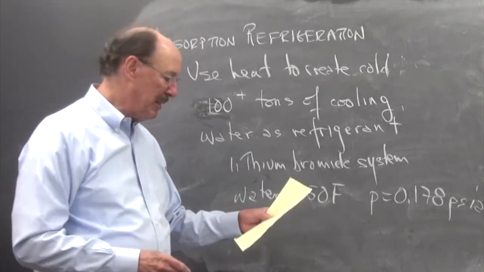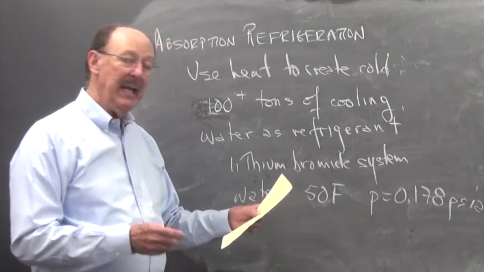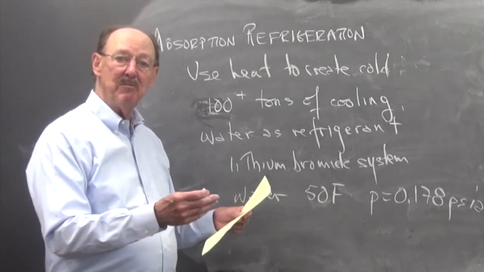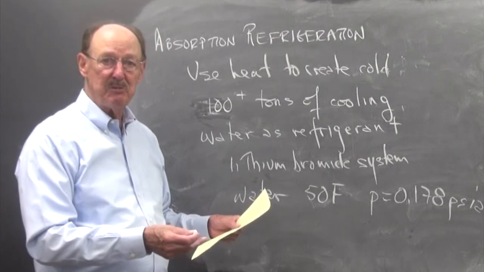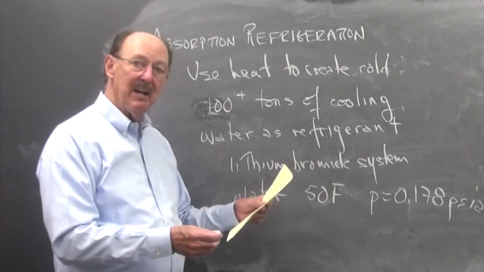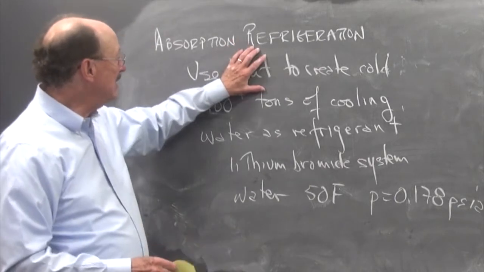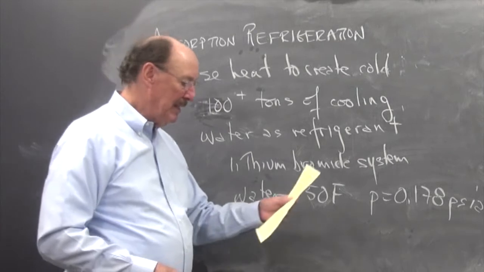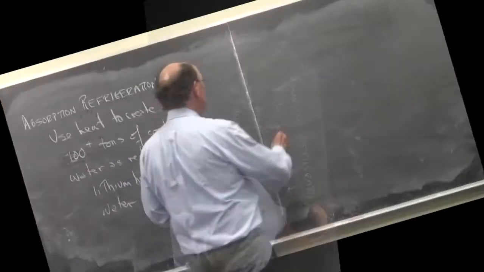The text talks about an ammonia water system, and with that I can use ammonia as a refrigerant, and I can achieve low temperatures as well as temperatures for air conditioning. The principles are the same, and let's see how this works. But the big deal is I'm using heat to create cold, so I'm using much less power, I'm using bigger systems. So this is figure